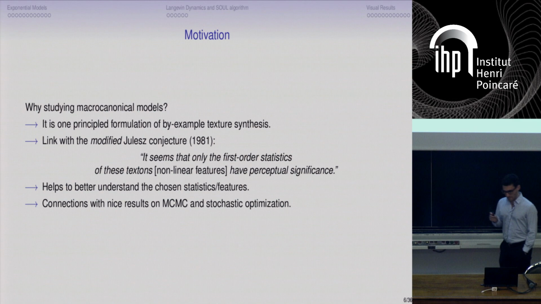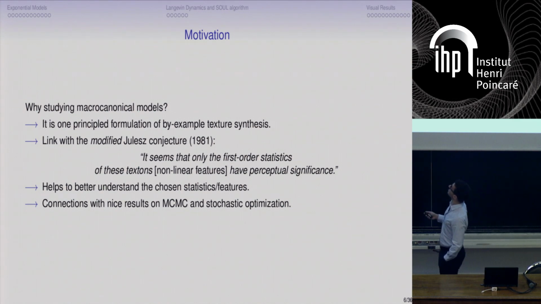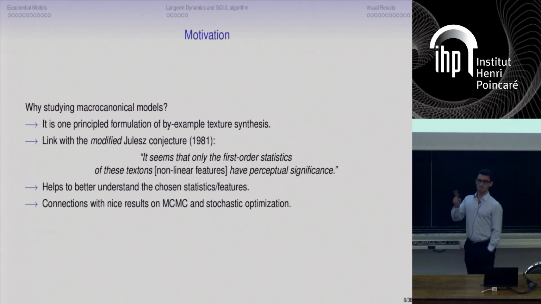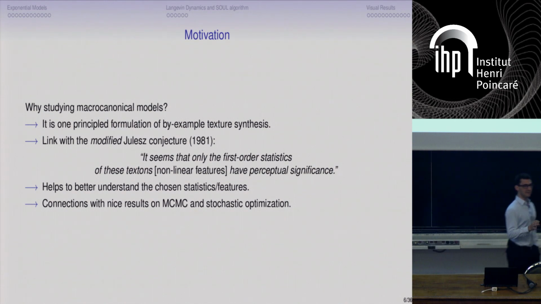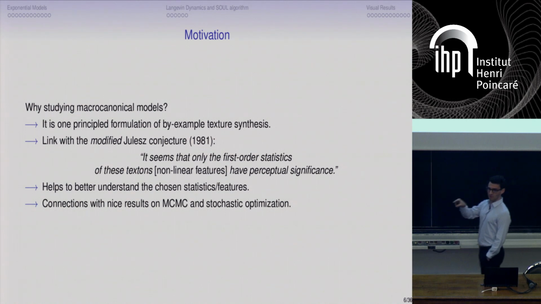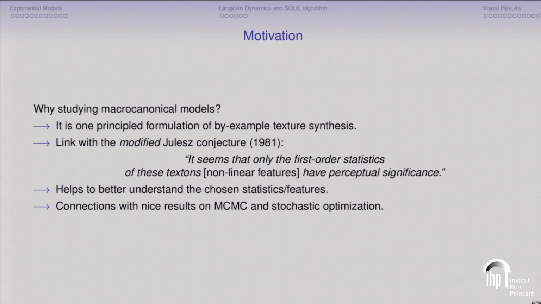Next, one thing that I'm quite interested in is that there is a link with Julesz's conjecture. It's written in the introduction of his paper in 1981, and it basically said that textures may be characterized by first-order statistics, but not computed directly on the pixels, but computed on nonlinear features, so nonlinear transforms of the pixels. So that could be linked to terminations in the textures, blobs, etc.